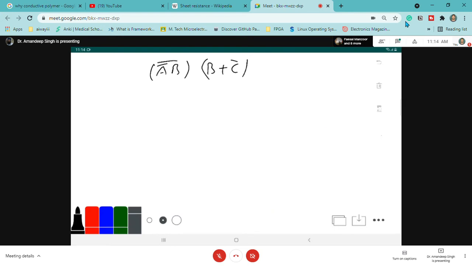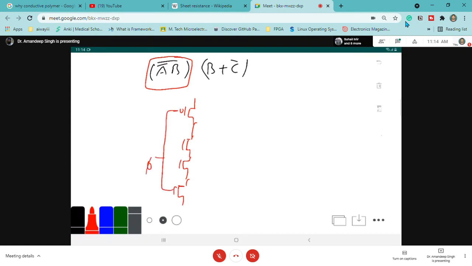What I'm saying is, suppose I'm implementing this first one with NMOS logic. Okay, with NMOS logic. This is our pre-charge, and this is A and B, A bar and B, and this is our phi, where this is basically A bar and this is basically B. Now, since we have to implement this A bar, this A bar will be implemented using PMOS logic because this is NMOS logic. Okay.